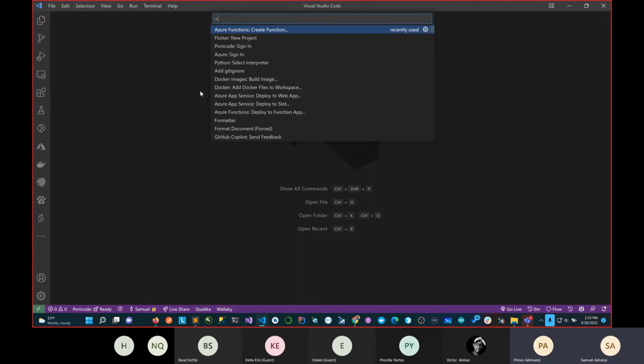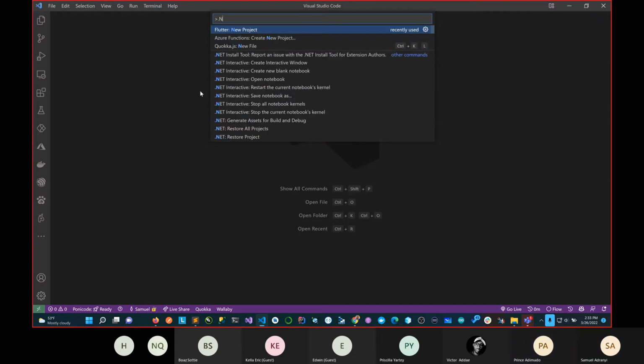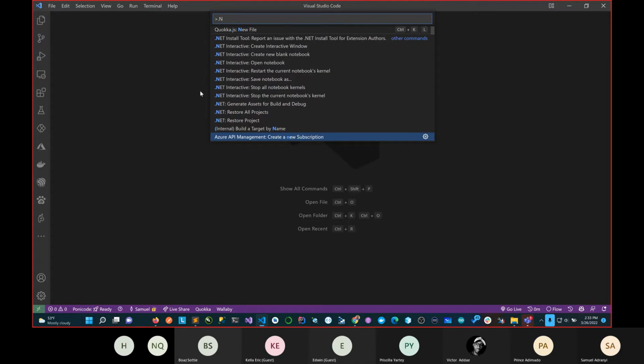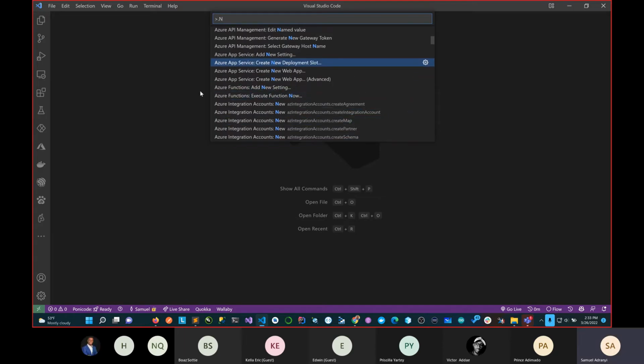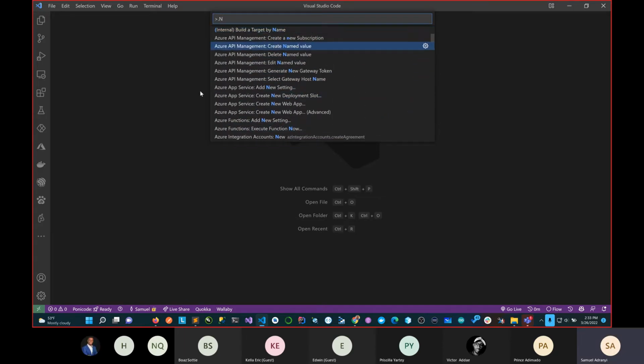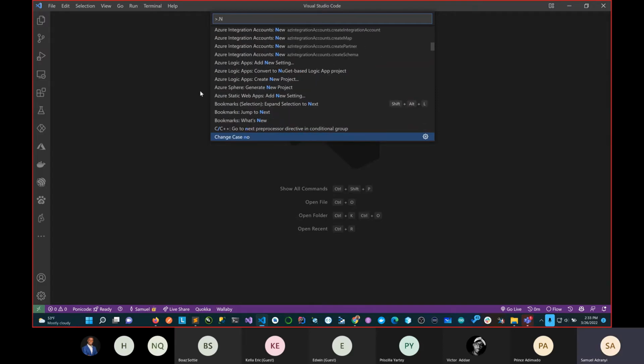So Control Shift P. Okay. So .NET. I'm trying to see if I've changed something here. I did some changes though, but